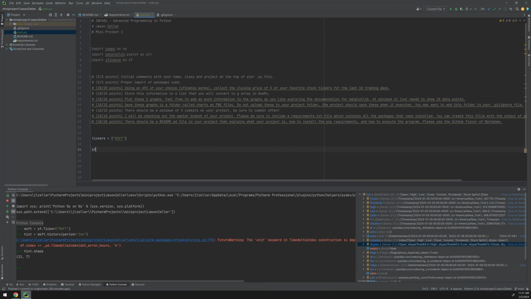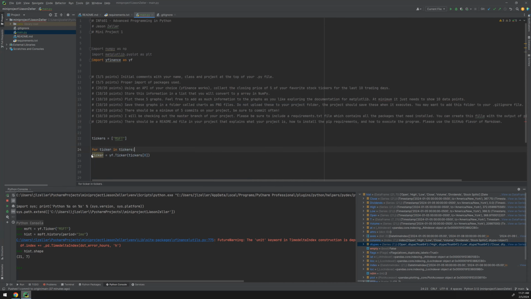We would want to say something like MSFT equals YF dot ticker. And then here, I'm actually going to call my tickers 0 for now. So it just pulls the first one out. The reason I'm writing this in this fashion, let's just call this ticker, is so that I can run a for loop later. I can just modify my code a little bit, do a for loop through tickers, and it would automatically replace it in. So we could say something like for ticker in tickers,